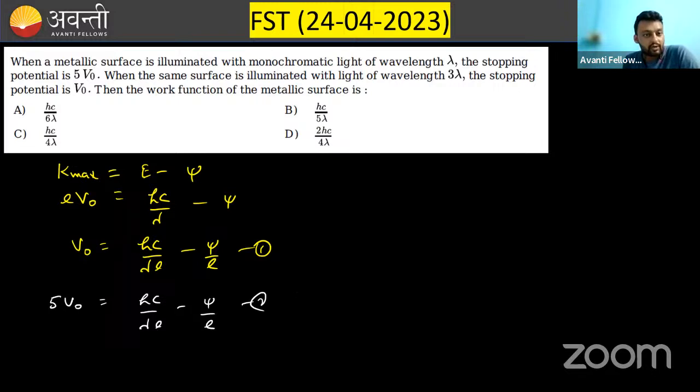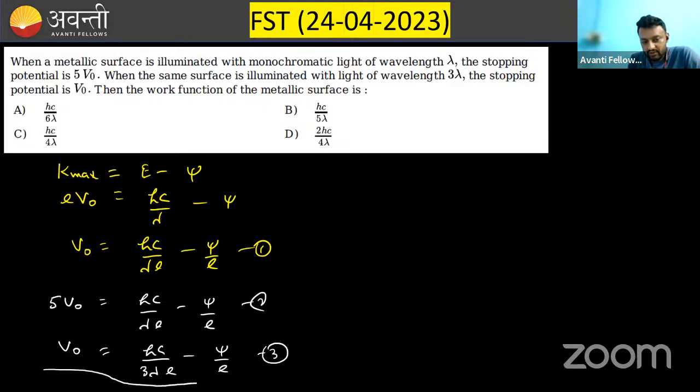Now in the second situation, they are saying if the light is of wavelength 3 lambda, then stopping potential is V naught. That means V naught is equal to hc, wavelength is 3 lambda, e is already there, minus psi by e. They are asking the work function. So you have two equations, second and third. If we solve these two equations,